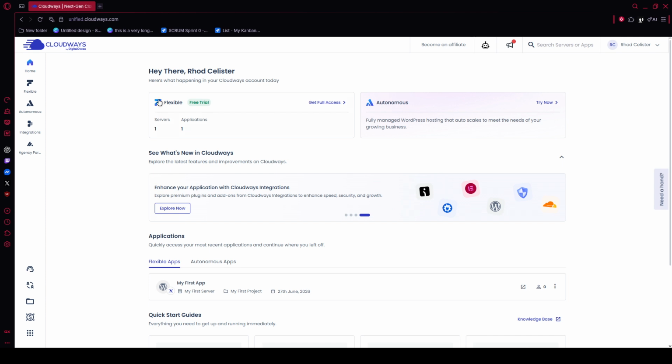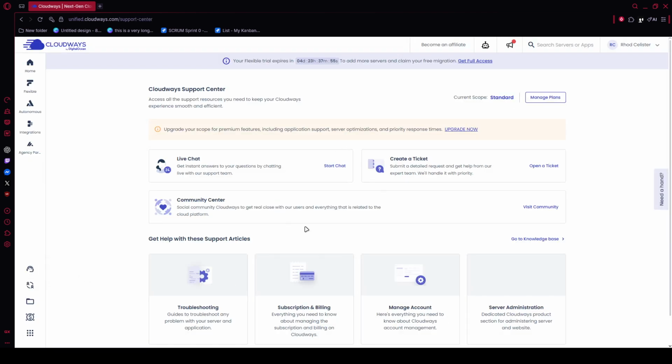First, sign into your Cloudways platform dashboard. Once you're inside, look over to the far right side of the screen. You should see a floating tab labeled Need Help. Click that tab to open the slide out support panel. This help center is built directly into the platform so you can access support without leaving the page you're working